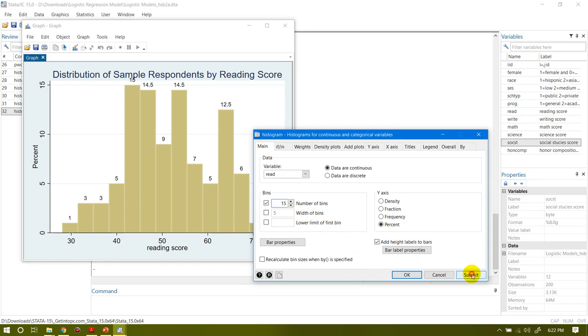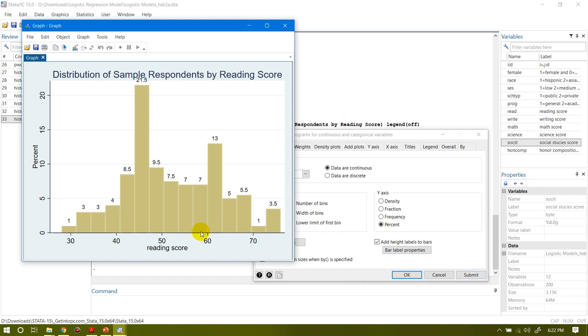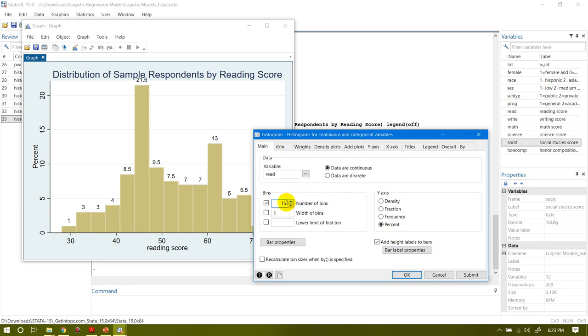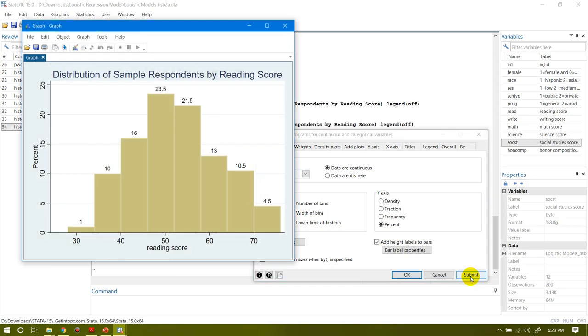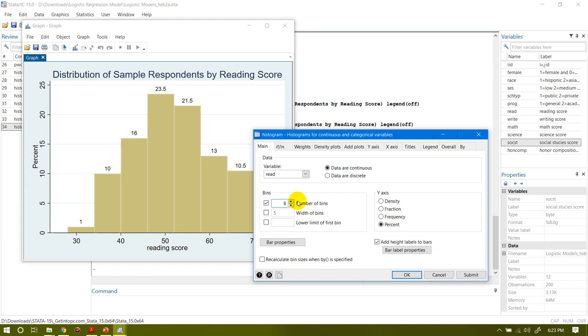If I click this, then the histogram changes like this: 1 2 3 4 5 6 7 8 9 10 11 12 13 14 15. So we can change the number of bins, and here I can use, say for example, 8. So then this is my histogram, or I can also set other limits, but anyway